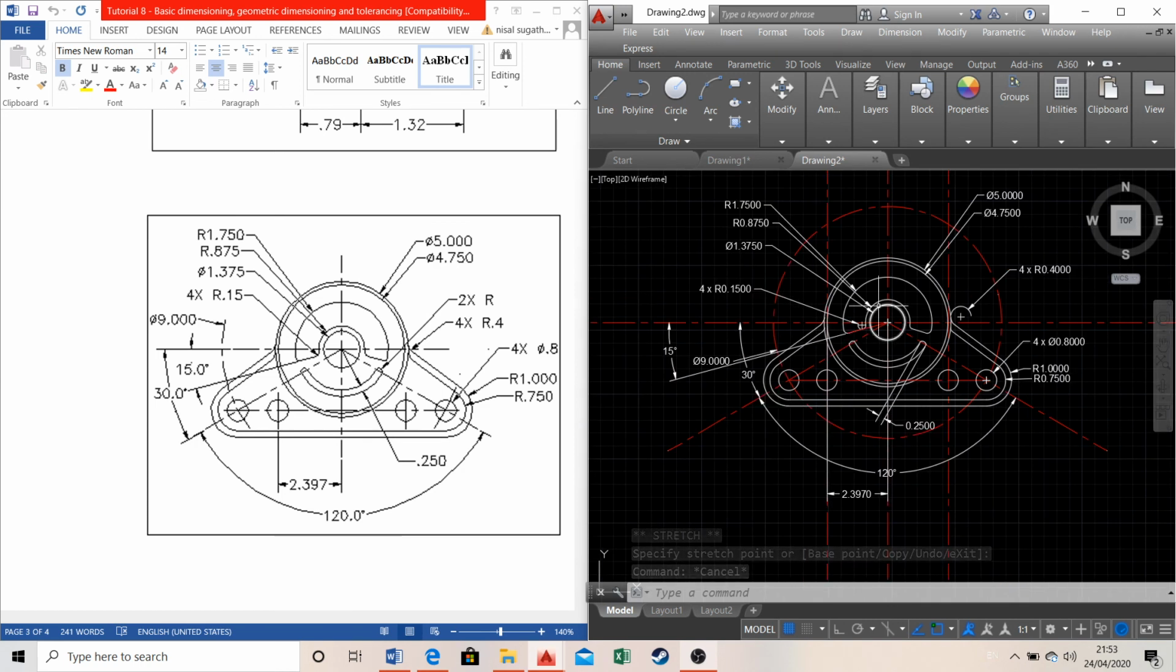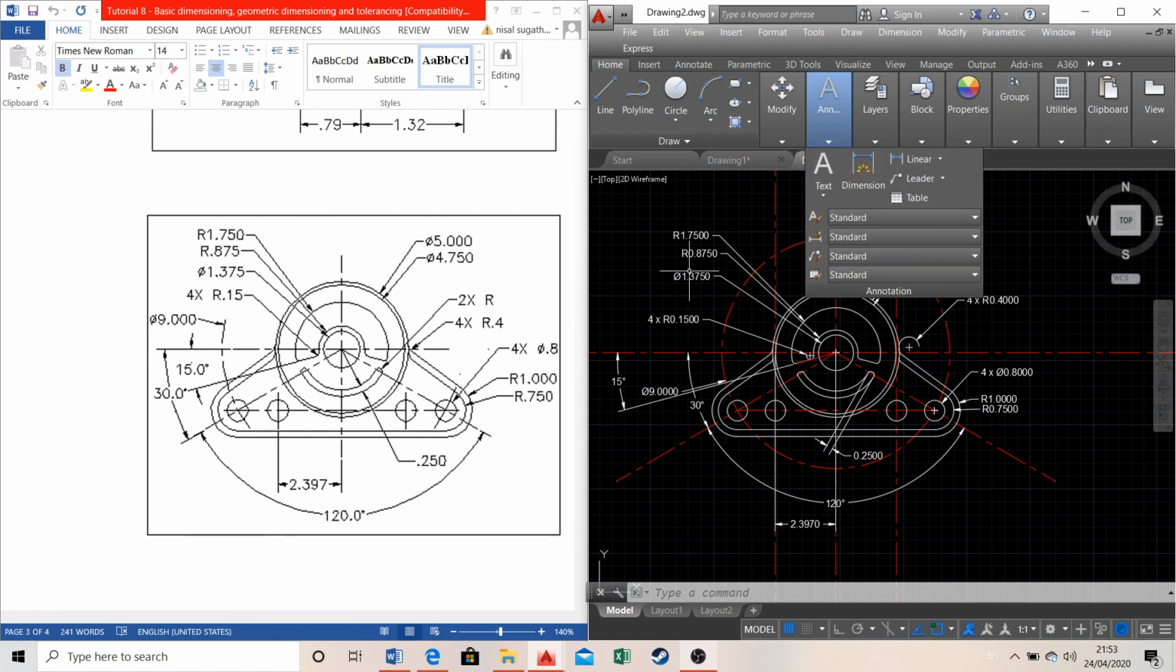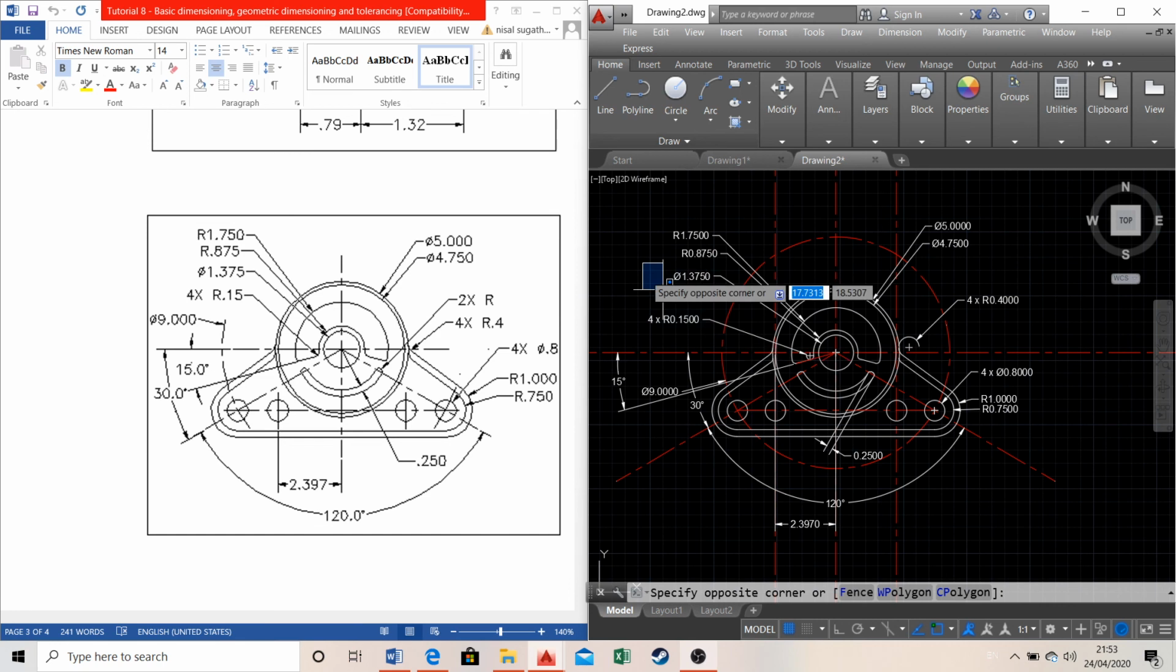This is the completed diagram. So make sure again when you're entering the dimensions, you change the size according to what you want. You can change the size by selecting this feature here, and make sure that you enter all the dimensions within the